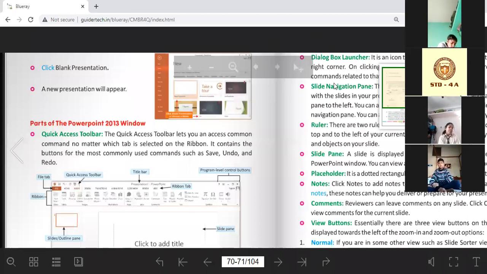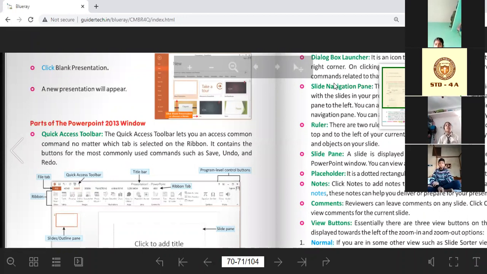So the Quick Access Toolbar is the common command part where it remains the same, whatever file you choose, whether you are in the Home tab or you are in the Design tab, and wherever, that is the common part which is there, and it helps you to take quick actions.